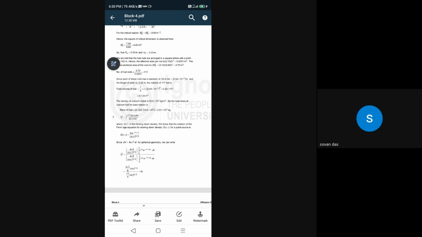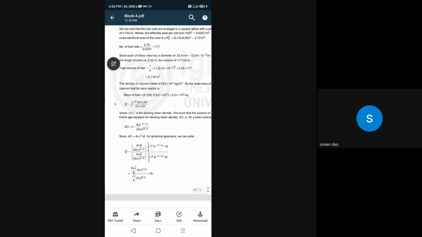So the solution of the Fermi's equation for slowing down density Q, which is a function of R and tau for a point source, is Q is equal to S e to the power minus R square by 4 tau, divided by (4 pi tau) to the power 3 by 2. So your dV is equal to 4 pi R square dR for spherical geometry. So you can write Rs square is equal to 4 pi S by (4 pi tau) to the power 3 by 2